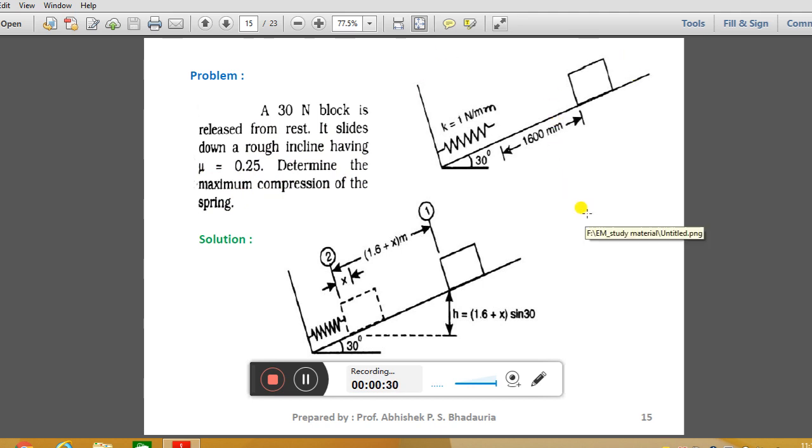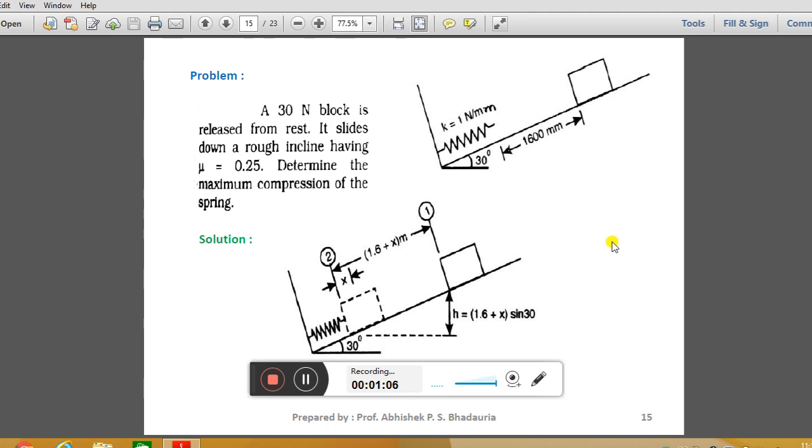So what is the equation for solving the problem which is based on the work energy principle? The equation is: the total work done by the different forces is equal to the change in kinetic energy. So we have to find the initial kinetic energy, the final kinetic energy, and then we will find the work done by the different forces and add all of them. We will put in the values of initial and final kinetic energy, and then calculate the required parameter which is asked to find in the given problem.